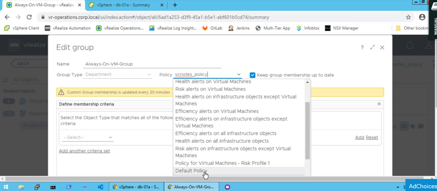I'm repeating, if you change the automation action in the default policy, all the virtual machines which come under this default policy will be powered on.